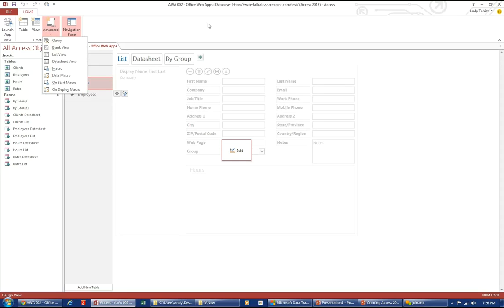But for those of us who are very used to writing VBA code, you just can't do everything that you want to, as much as we try to work around things. So the Access web apps have their limitations, but I can see that Microsoft is going to continue to build on that. So tonight we're going to be talking a little bit about extending the Access web apps by